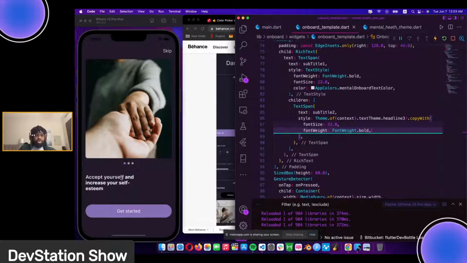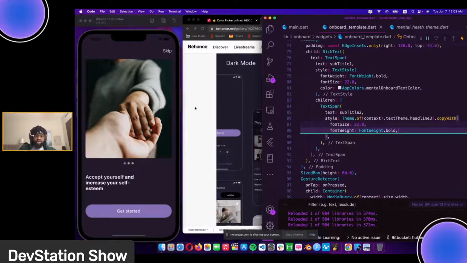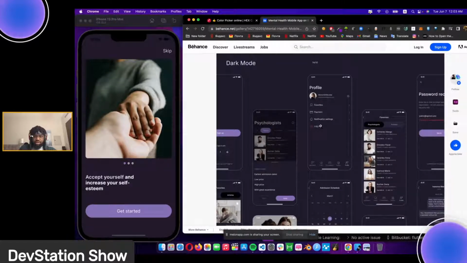That's it. It's matching up right now. So I'm doing this based on what I'm seeing here. The text colors are white. The button is still the same. The button text is still white. And that's it